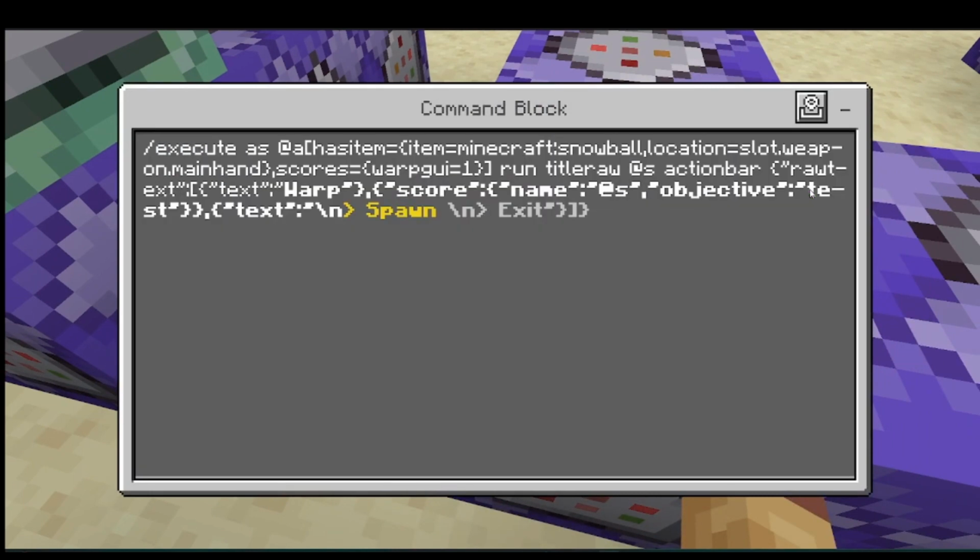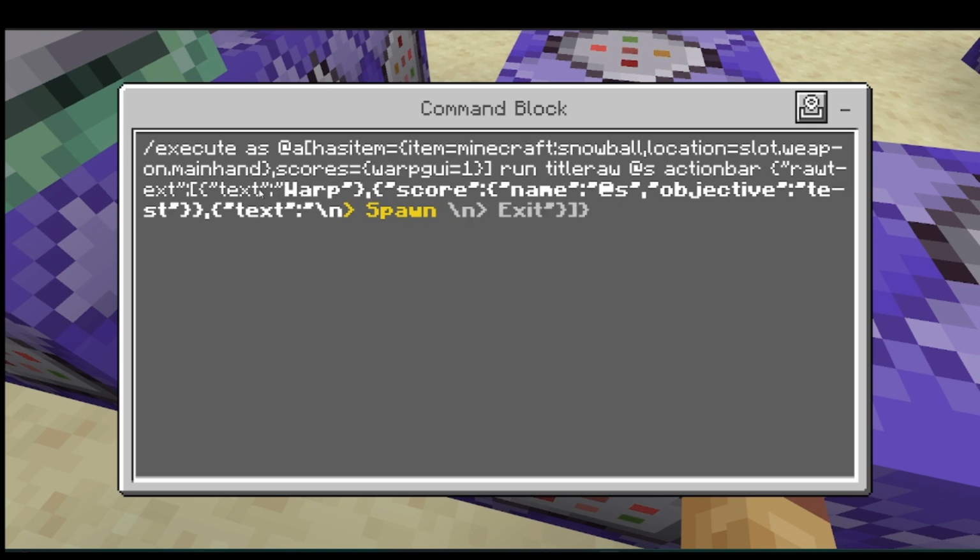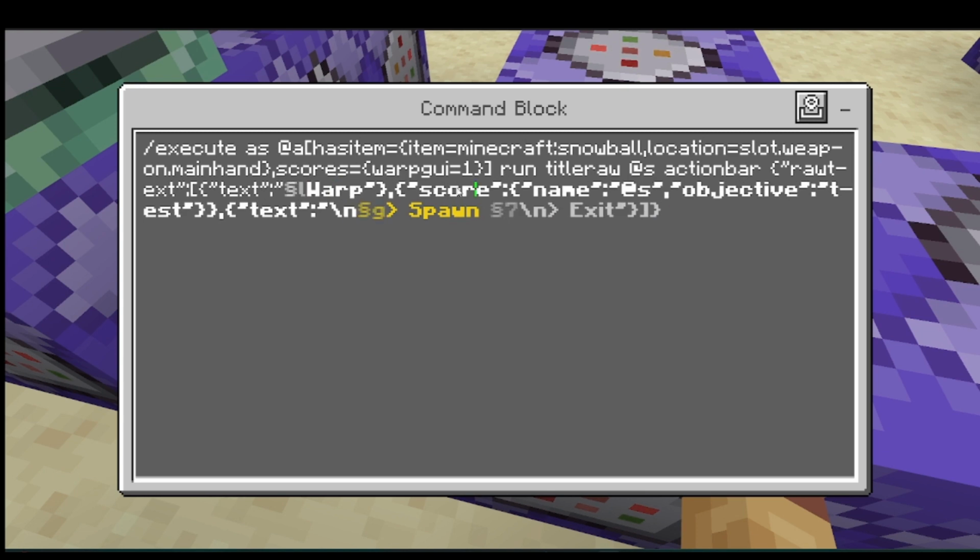Warp GUI equals 1, so run title raw as extra bar, and then this command, and then text warp, score, name, as objective, test, text, and then spawn,